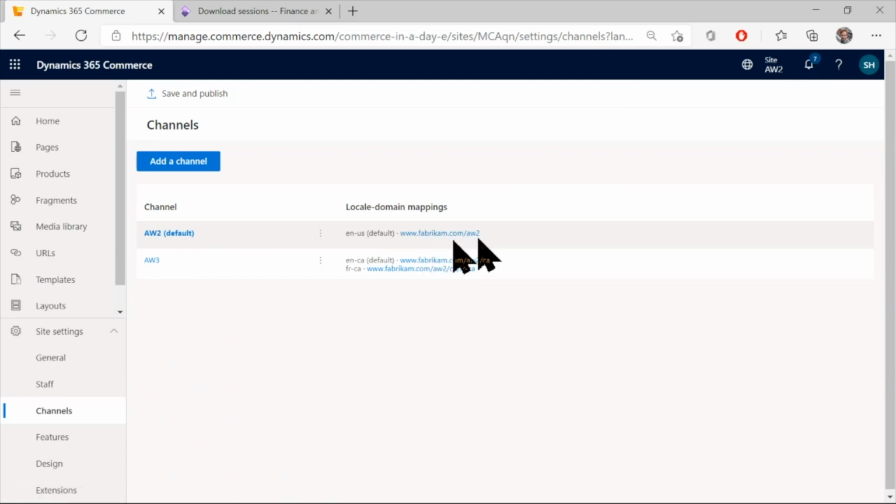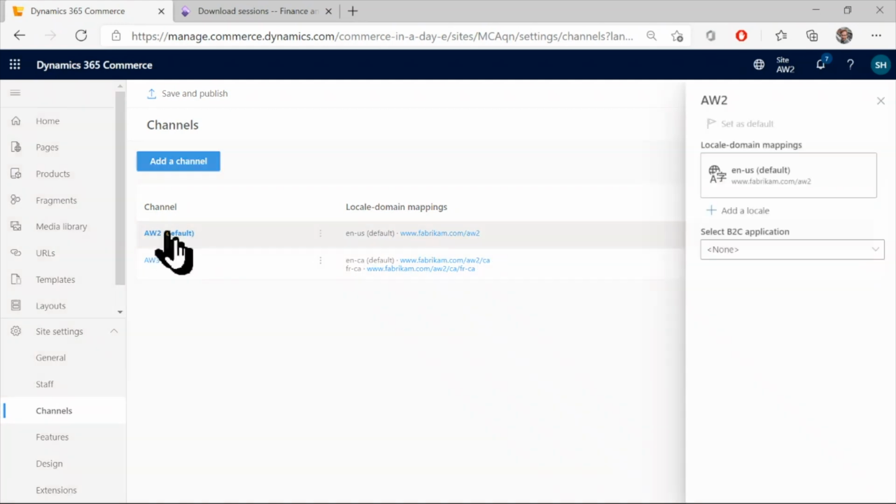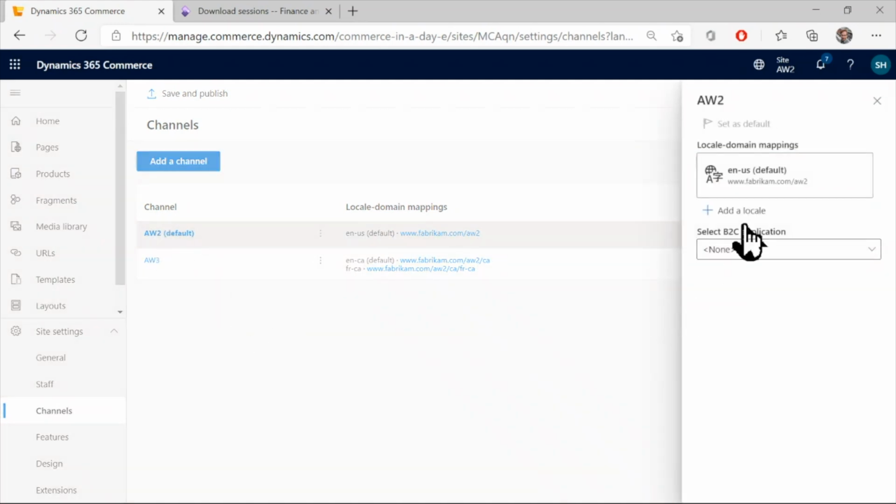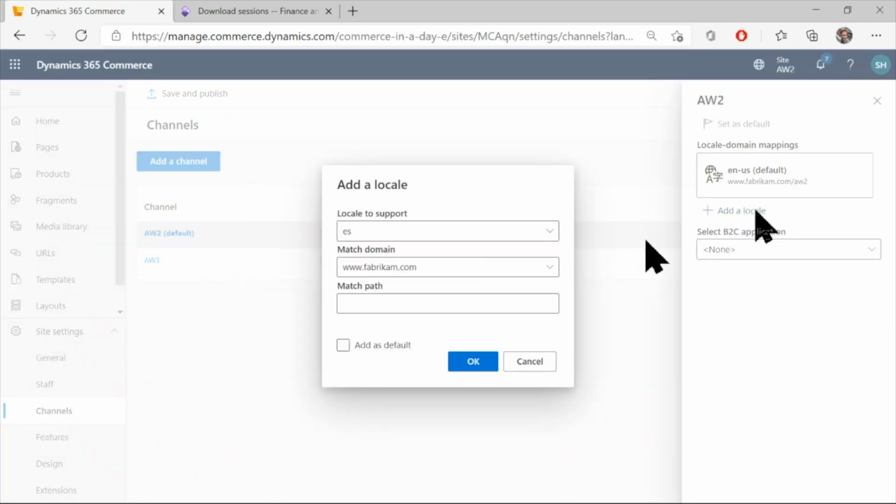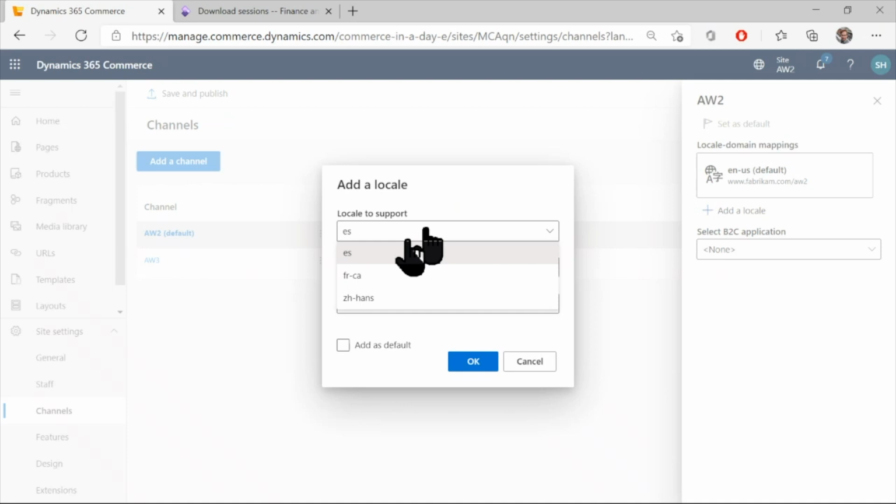It's mapped to the URL fabricam.com/AW2. So in order to add another language, we just select the name of the channel, we go over and say add a locale, and there are all the languages that can be added. If anybody was paying attention, they'll notice that this one didn't happen to be in